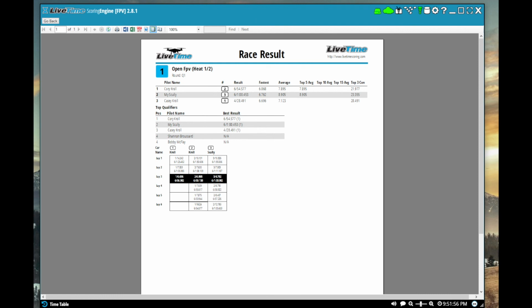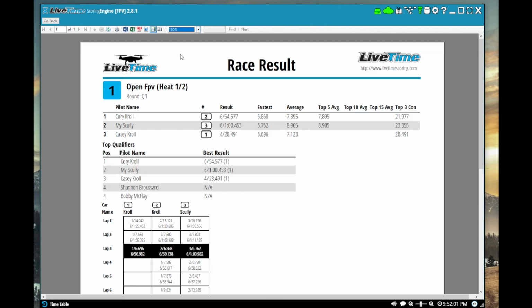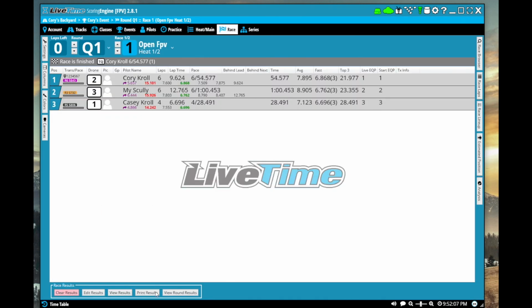Shows your logo in the upper left corner, and some information here as well. Here, I'll zoom in a little bit just to show a little bit more about what happened here. I'll hit back. I can print, and I can view round results from here. Now, if I have a second race, I can just hit the arrow up to go to that race, and